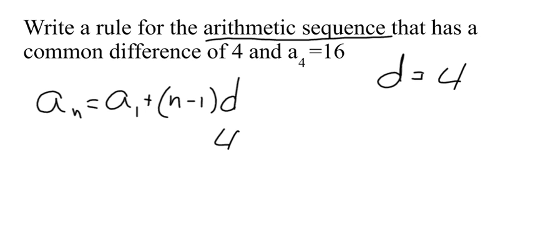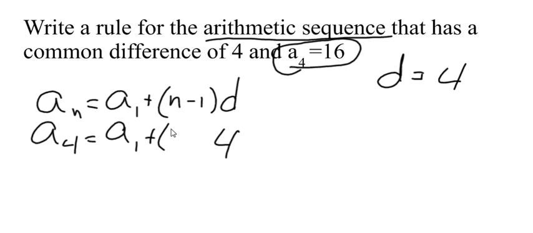Now how are we going to find our a sub 1 value? Well, that's where this given term comes into play. We know a sub 4 is equal to 16. That means for the n value of 4, we have 16. So a sub 4 equals a sub 1 plus 4 minus 1 times our value of 4. We also know that a sub 4 is equal to 16. Therefore,